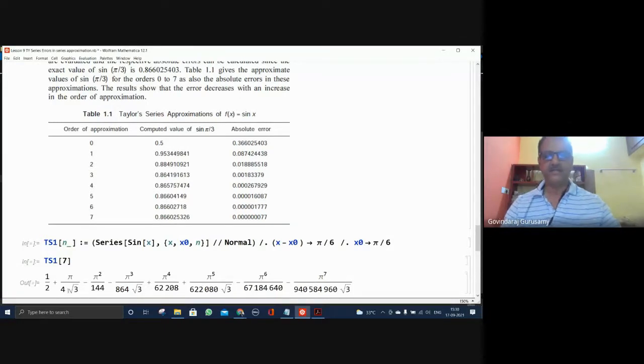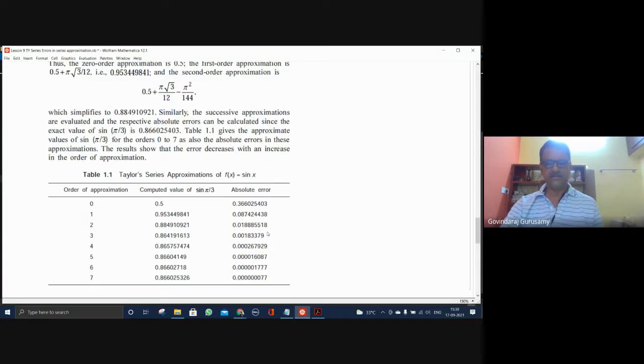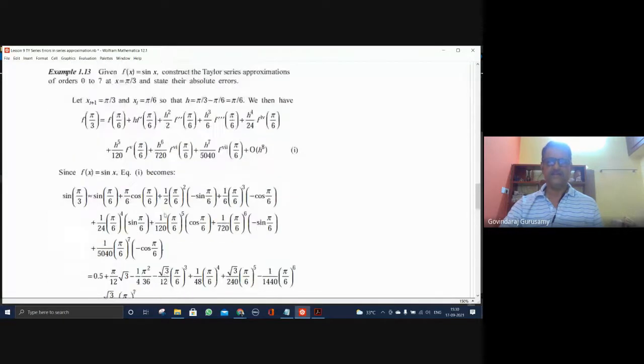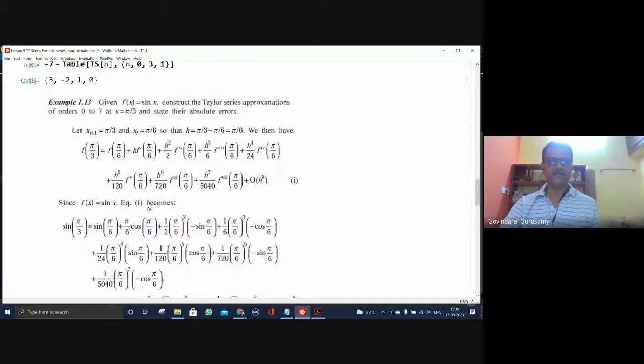You should be confident enough to produce this result without any ambiguity. When you look at this, you should get a feel: yes, I have learned this mathematics. I should be in a position to reproduce these results without any hesitation. That should happen. That's how you should get confidence. Okay, let's start with this.